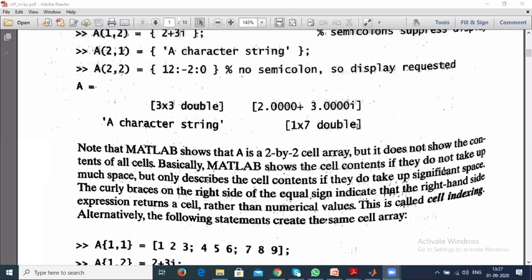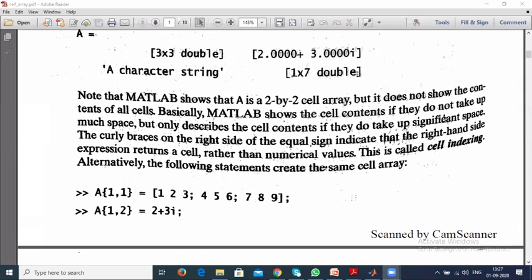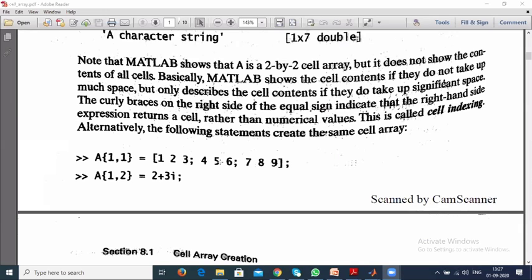When you go for parentheses, it is nothing but addressing. When you go for curly braces, we have direct addressing. We call it direct addressing. It means that in this array, at this location, you are asking to enter the contents. If it is a of 1 comma 1, by default it is taking the cell array location.